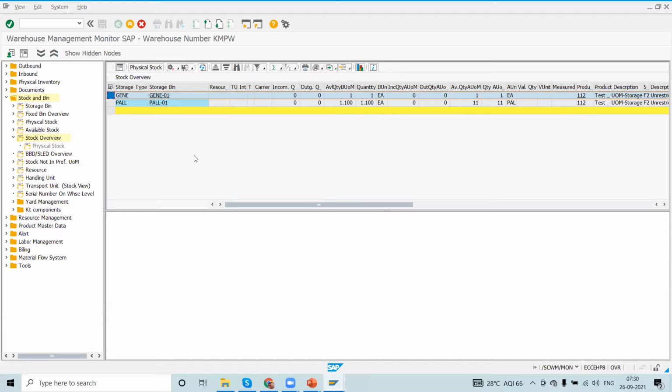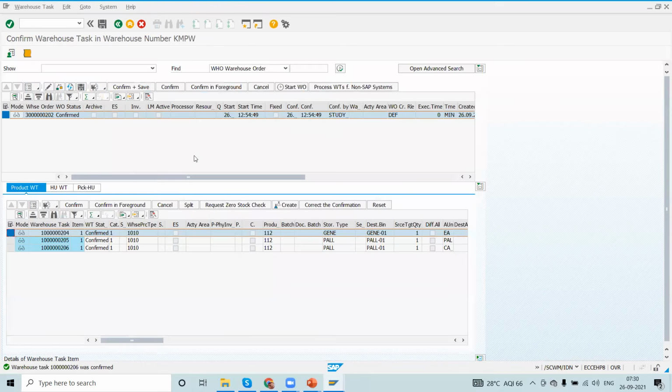And this will be placed automatically when you are doing the put away. Now the configuration got disturbed, and that's the reason it was not taken automatically. But in the next class, I will show you how to pick automatically with respect to storage type and all. This is the main difference in the quantity classification. We can differentiate the quantities with respect to their units of measure, and the stock will go to the respective storage type.